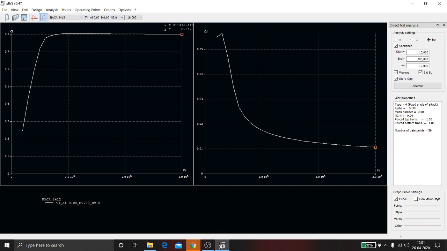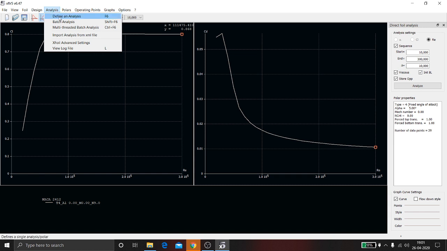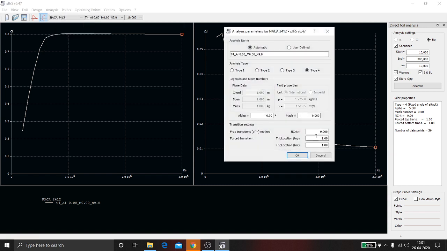So for improving this performance, let's try changing the analysis type. Let's force transition at 0.3. So at 0.3, we are making it undergo transition, which can be done by